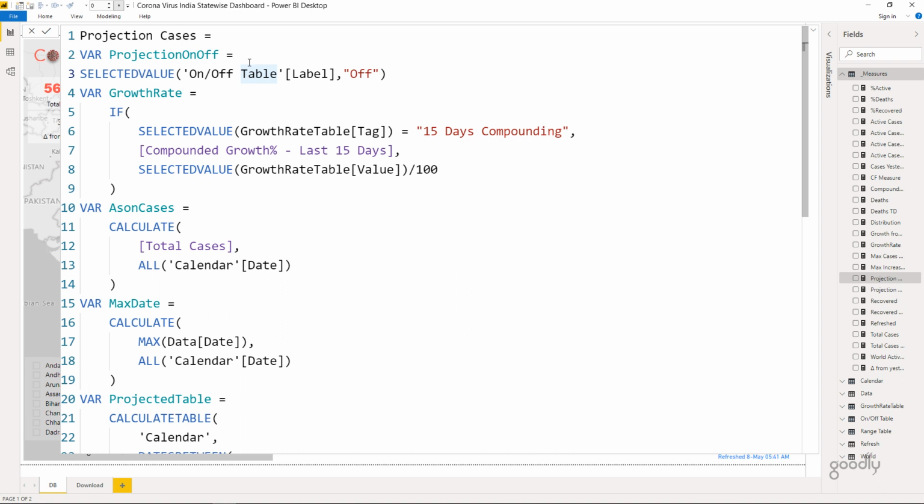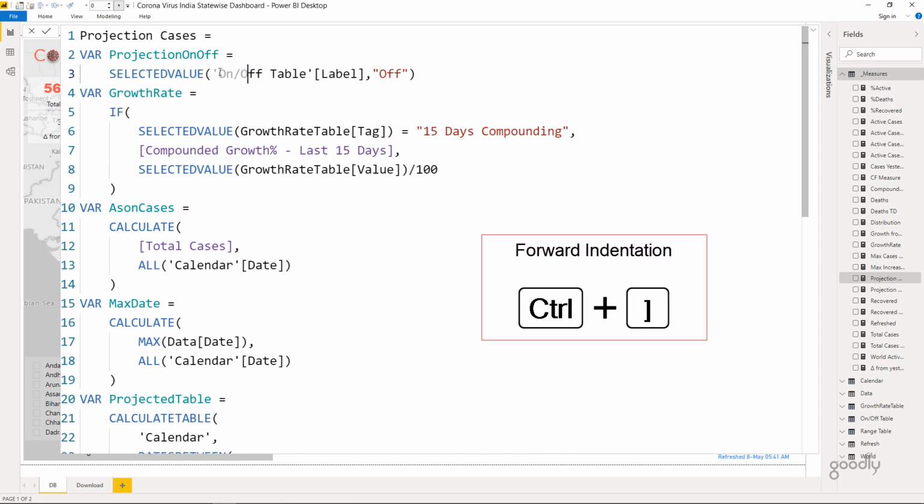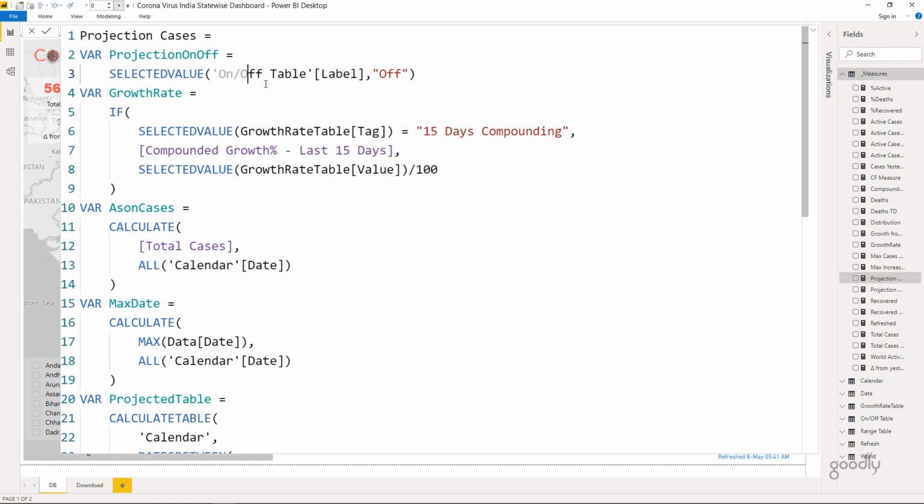So in that case, if you press the tab key, you'll have to come to the start of the code and then press the tab key. Otherwise, what you can do is the shortcut that I like to use is a control square bracket. Actually, the control square bracket, which is the closing square bracket, that's the shortcut that I use. So if you take a look at the keyboard, there are two signs on the closing bracket. There's a curly bracket and there is a square bracket, both on the closing side, and that's the shortcut that you have to press. So control square bracket.